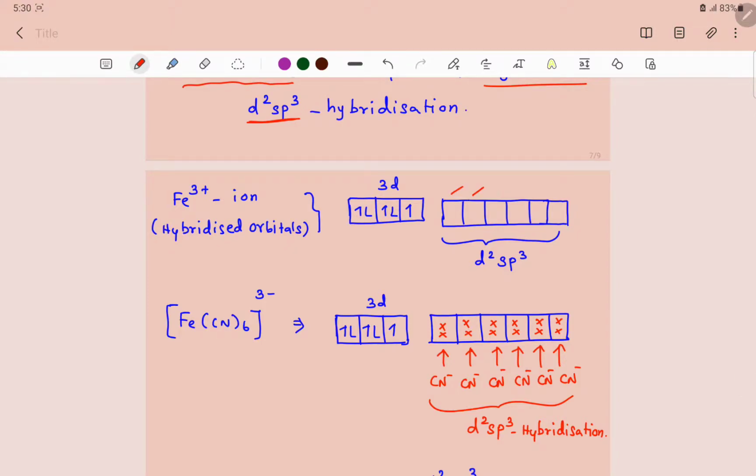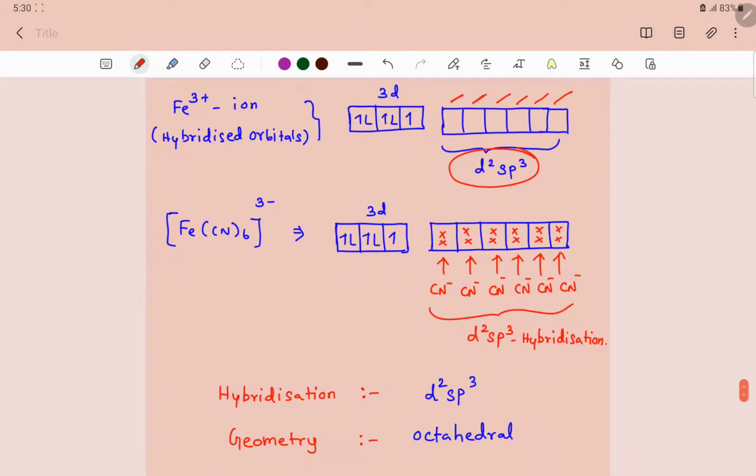So these are the 6 hybridized orbitals, 1, 2, 3, 4, 5, 6. Each one is nothing but a d2sp3 hybridized orbital, which are equivalent in properties. Okay, right. Now these hybridized orbitals will overlap with ligand filled orbitals in such a way that this Fe(CN)6 3- complex is formed. So I have shown the overlapping of the ligand orbitals and the hybridized orbitals of the central metal ion. These are nothing but the pairs of electrons which are shared by the ligand with the hybridized d2sp3 orbitals of the central metal ion.